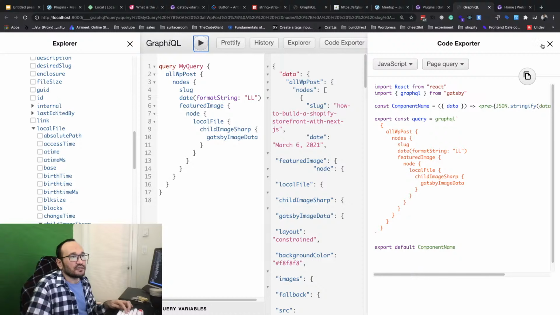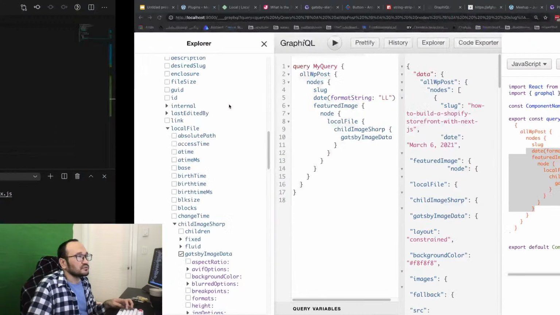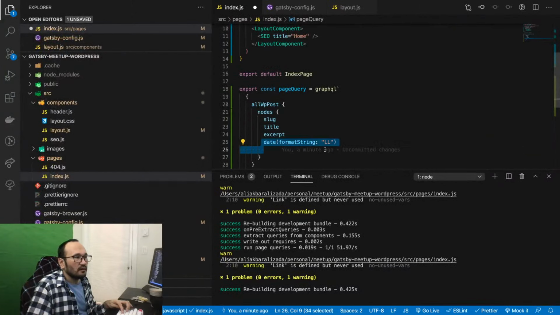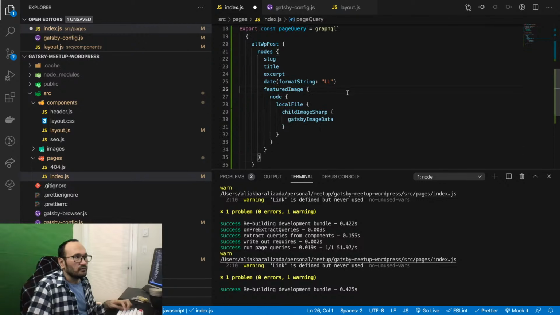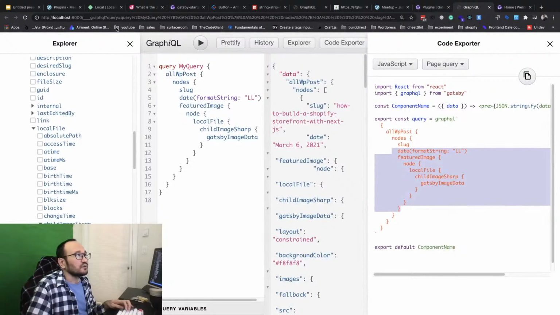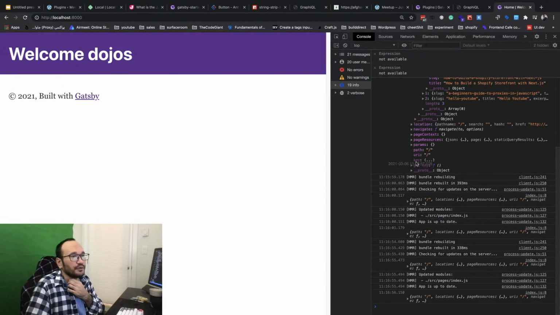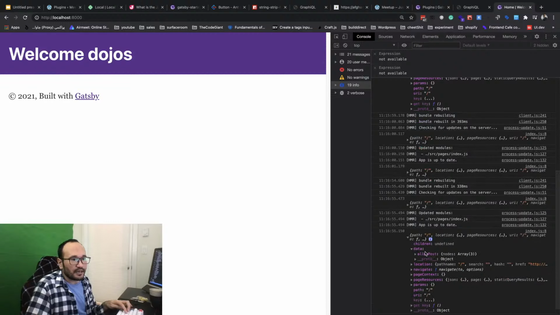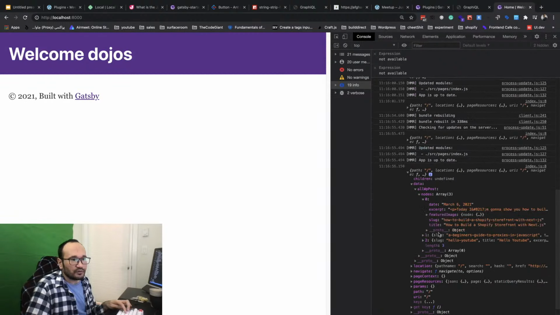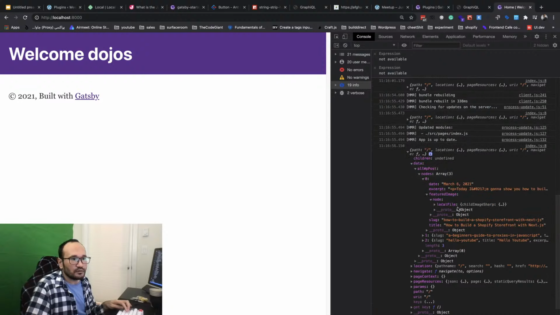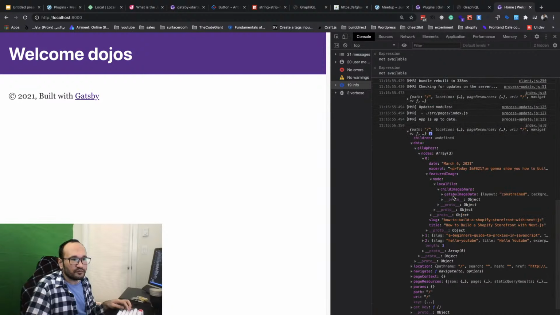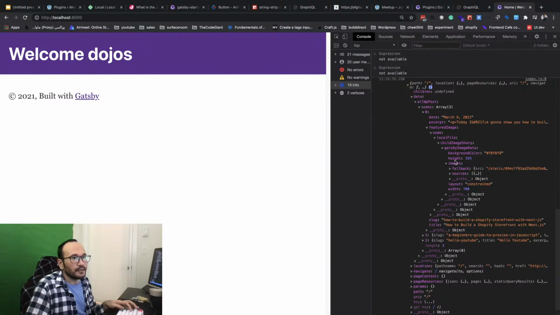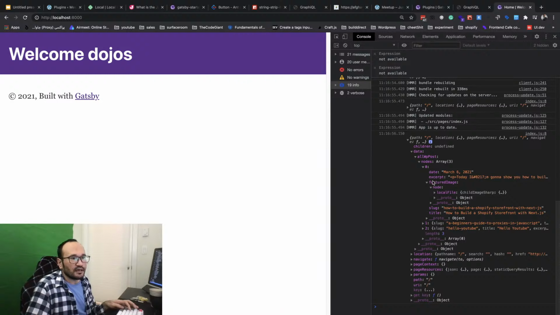So now let's get close. Okay, actually here I have it. So I'm just copying this, 1 2 3 4, 1 2 3 4, and let's copy this code in. Okay, I got 2 there. Now let's go to our home page and see what data we got back. Do we have our image or not? You see I have an image, node, local file, and I have all the information for image I need. Perfect.